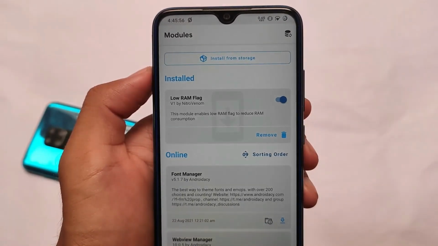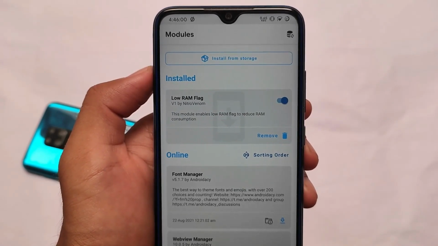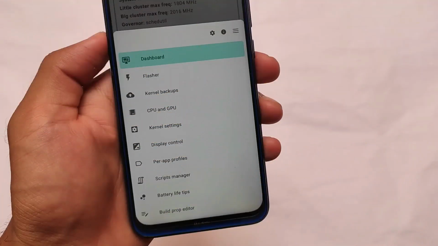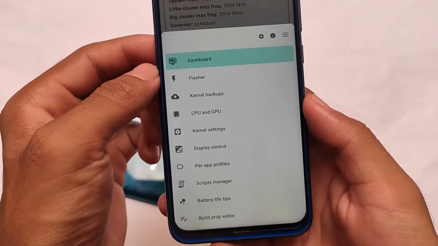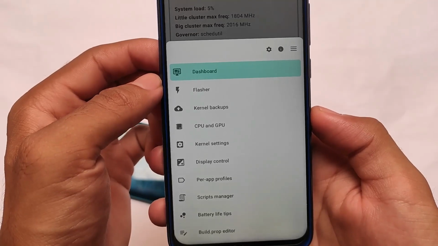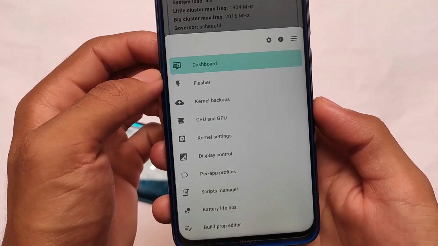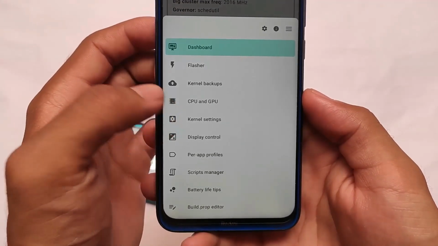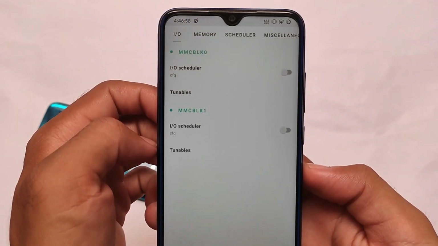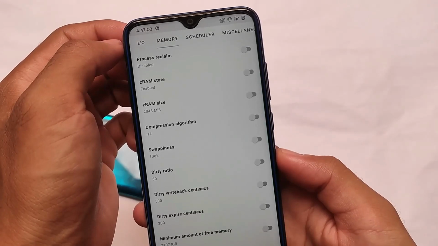Also, alongside this module, or if you install these modules, you can also try to customize these things from a kernel manager. I'm using Franco kernel manager here. You can also use it on your device. The link for that build is in the description. Through this kernel manager, kernel auditor, you can simply customize your device. You can customize the kernel settings, display controls, CPU, GPU. You can customize these profiles, memory schedule. A lot more things are already here to customize on your device.